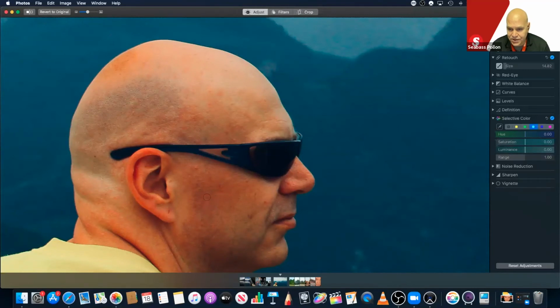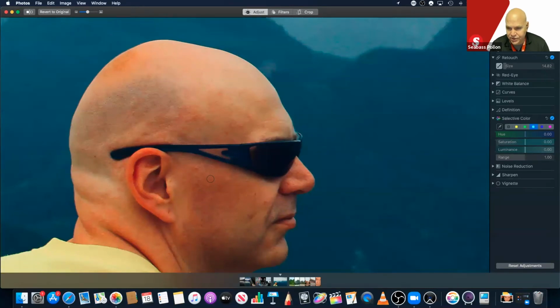This is going to start to smooth out and even out all the bits that I want to work with here. So that's kind of smoothing things. There's another little dark patch here. I also have to watch it, because the area that I'm working with is getting pretty close to the sunglasses, and I don't want to put a dark spot in there. So let's just redo that